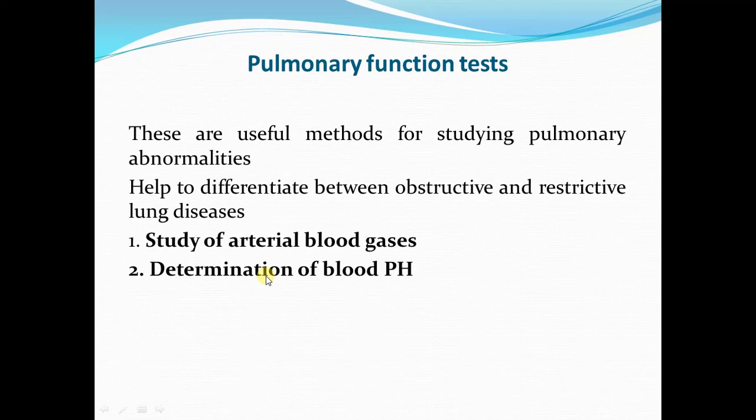If on arterial blood gas analysis the partial pressure of oxygen is decreased and there is increased carbon dioxide concentration, or increase in partial pressure of carbon dioxide in the arterial blood, it tells us about the inadequacy of pulmonary ventilation, or the gas exchange in the lungs. So by doing the arterial blood gas analysis, we can have a fair idea about the adequacy of alveolar ventilation and gas exchange as well.